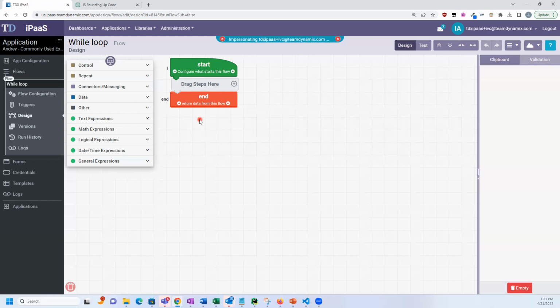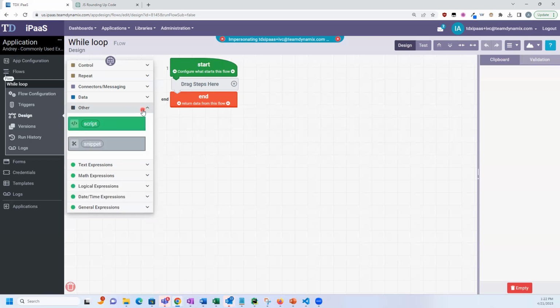Now, a lot of times people also ask, when do you use while loops in iPass? Once again, it kind of comes down to personal preference. In some cases, I know people who will use while loops over for loops, but in some cases, it is better to use a while loop than a for loop. Now, one easy example of this, and this one we won't get involved in a connector with, is